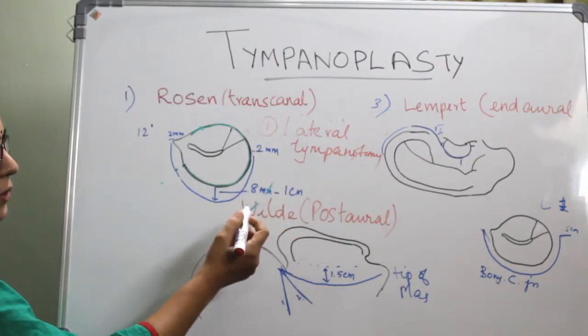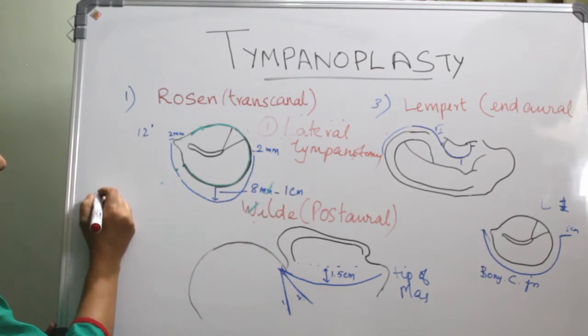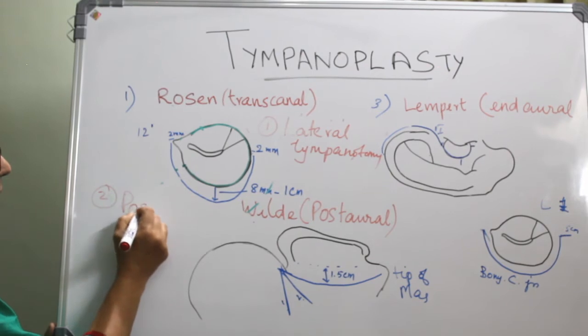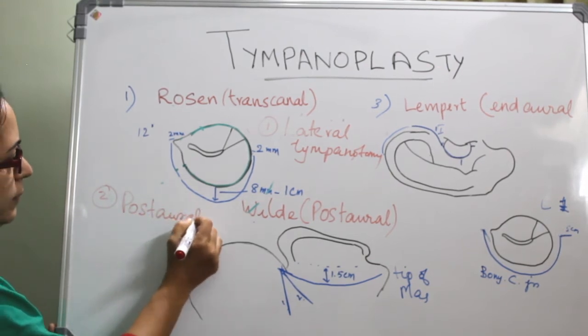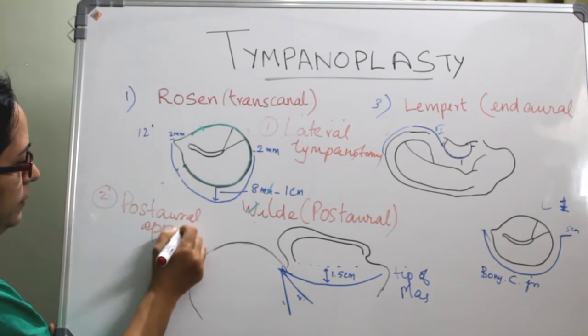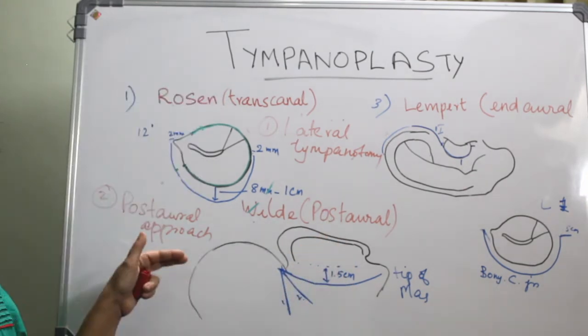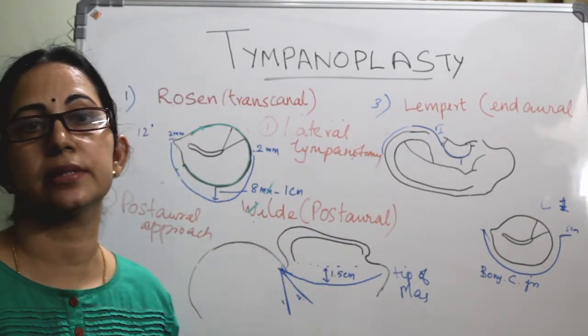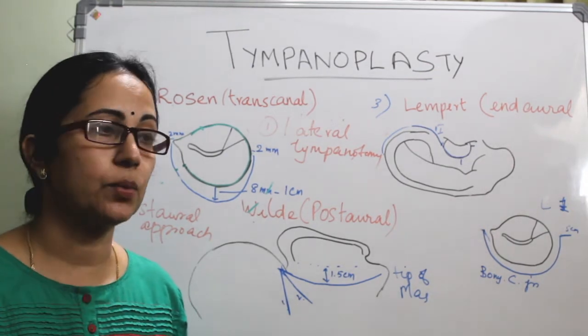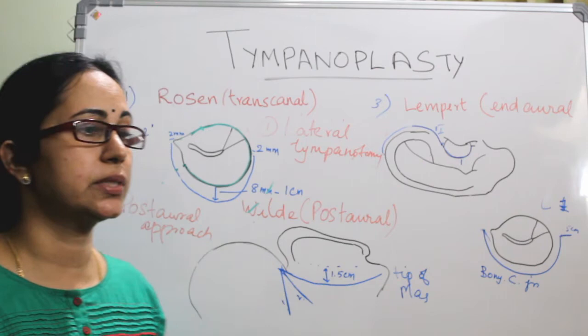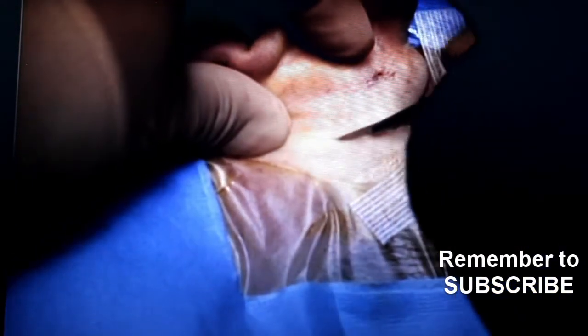Another approach is the post-aural approach. By a post-aural William-Weil's incision, you can reach the middle ear as well as the mastoid. That is, tympanoplasty and also a mastoid exploration can be done through this approach. The post-auricular William-Weil's incision follows the post-auricular crease, begins at the top of the auricle, at least 1 cm posterior to the post-aural fold and not in the fold.